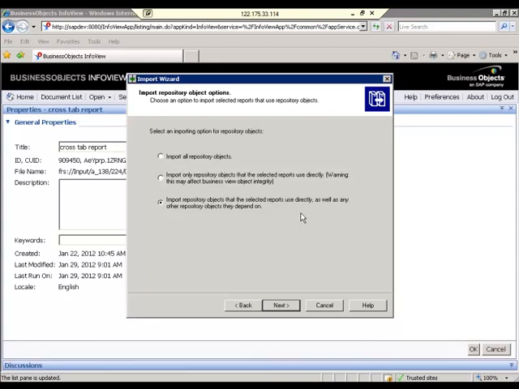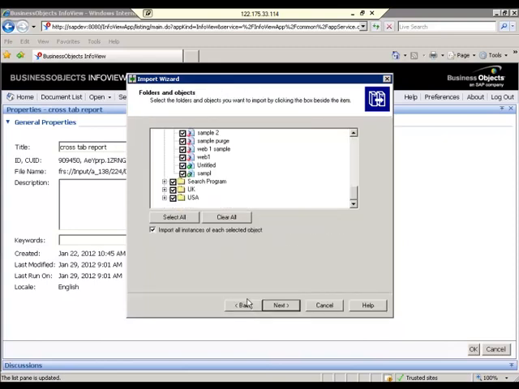That means you are importing a Crystal report, right? That ID will be migrated, as well as any other repository object they depend on. This report is dependent on another report because you have a hyperlink. That ID is also imported. So that's why you need to always select the third option. So till now what we discussed, let me go back and explain.